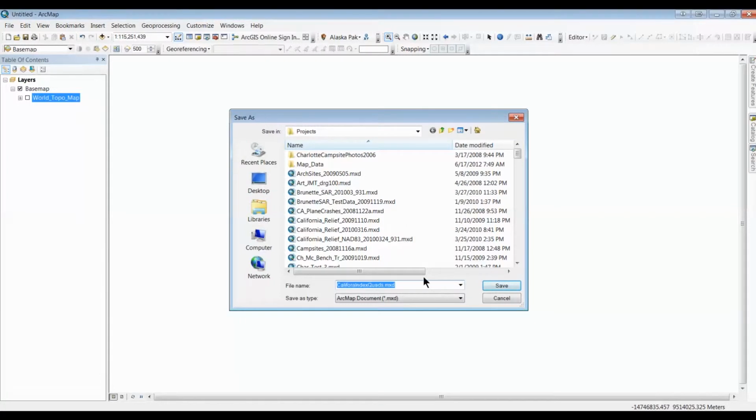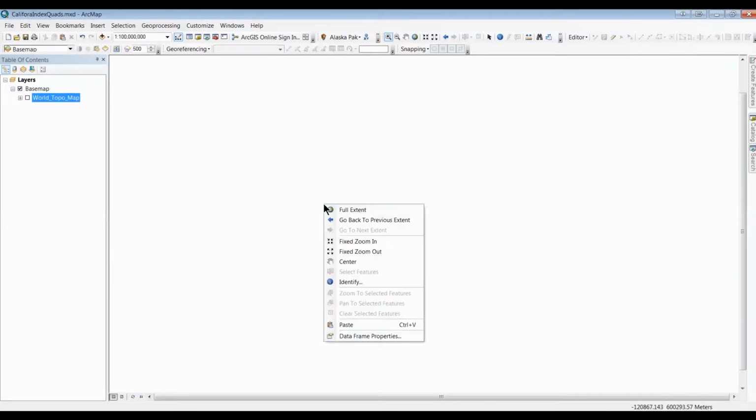And we'll also want to set the coordinate system for the base layer, and we'll go into more detail on this in future videos. It's also in your textbook. But you right click over the blank map page, you go to Data Frame Properties,